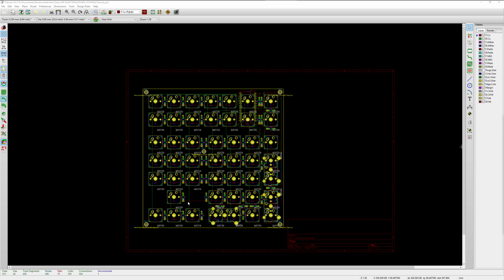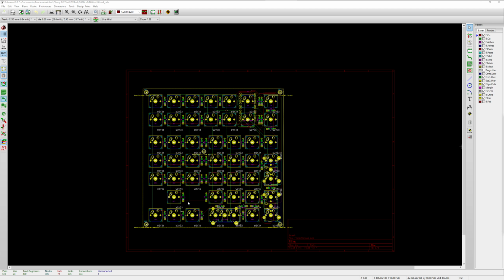But we do have a good amount of margin there. As you can see, we've got a bit of margin there, so in theory, as long as you're not bashing the PCB around, it should be okay. Now, moving on to the next part of the guide and completing this PCB, of course,